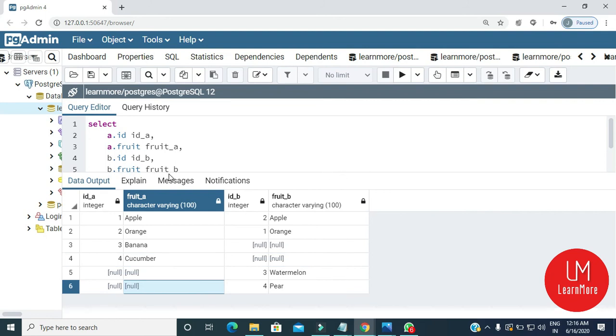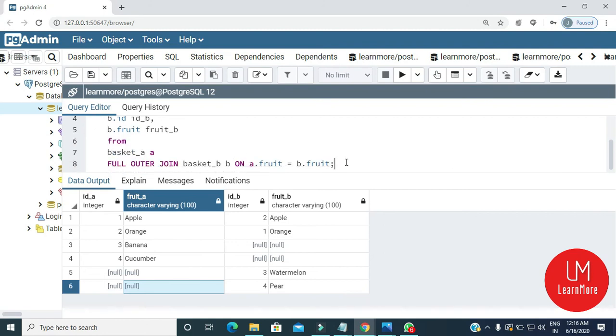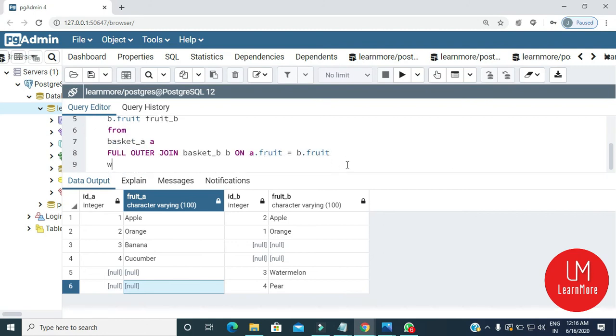And if you want to apply some condition, you can apply it here, say where a dot id is null or b dot id is null. I'm going to execute this.